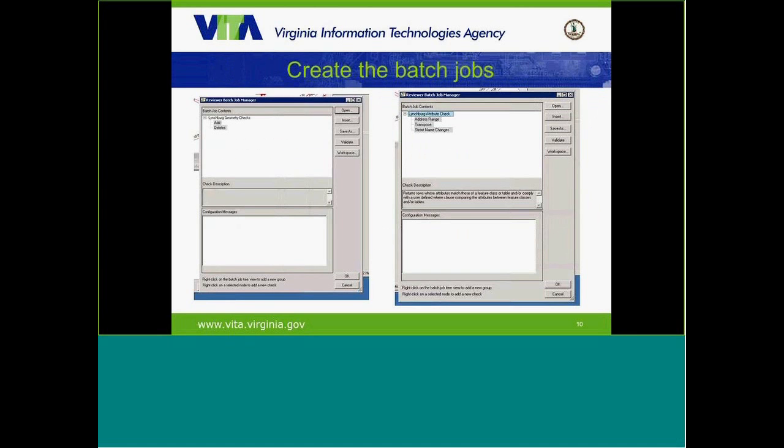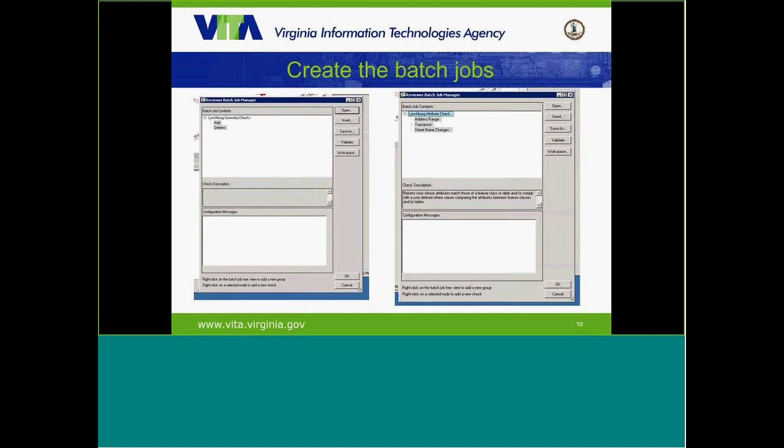After that is completed, you have to create the patches that will run. Your geometry patch, which you can see in the window on your left, is your add and your delete, whether or not anything was added or deleted. On the right is your attributes.